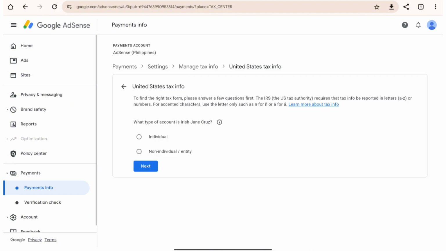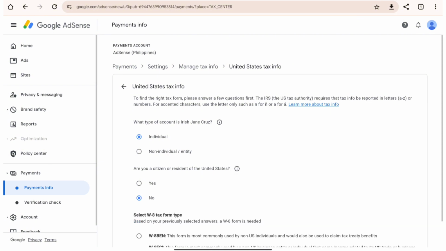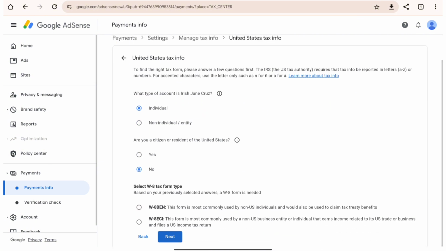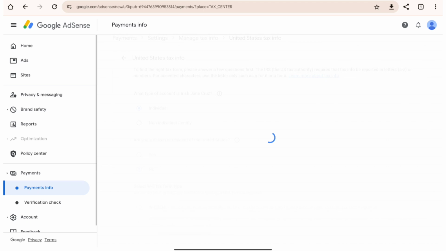Now in this section, go ahead and answer what type of account is your current account on Google AdSense. After that, you'll need to answer if you're a citizen or resident of United States. Now after this, you'll need to select your W-8 tax form type. Now once you have selected your tax form type, you'll need to click on the next button and click on that specific tax form type that you will fill up to, and that will redirect you into the form section